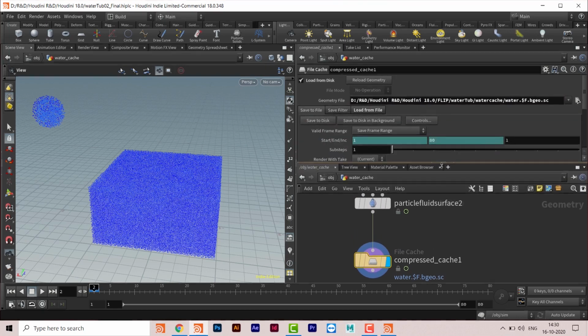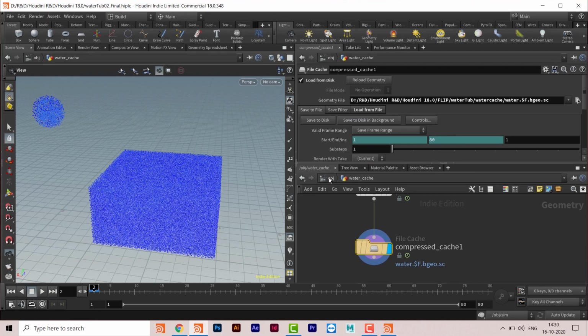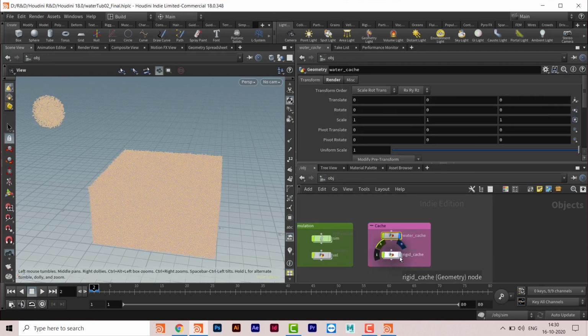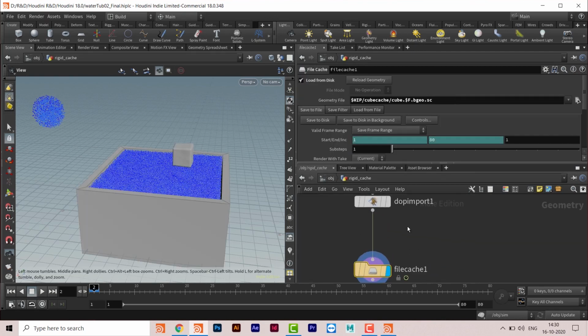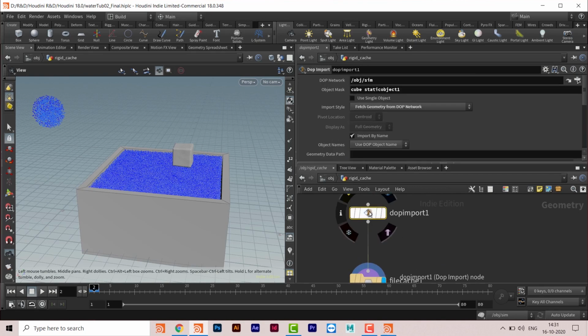In that manner everything will be cached. And in the same manner I have done it with the rigid bodies: this cube is a dynamic rigid body, and this box is a static rigid body.